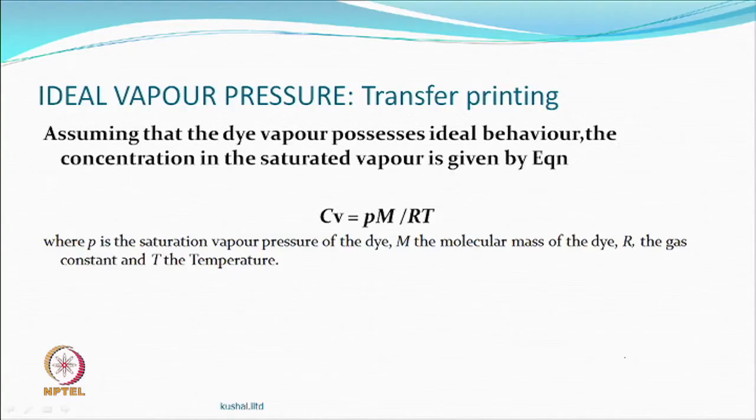So, ideal gas, okay. So, nothing is ideal in this world, but assuming that it has an ideal behavior, then the concentration of a dye would be related to P, which is the vapor pressure, saturation vapor pressure. M is the molecular mass of the dye. So, if the concentration is in moles, it is a different story, and R is the gas constant and T